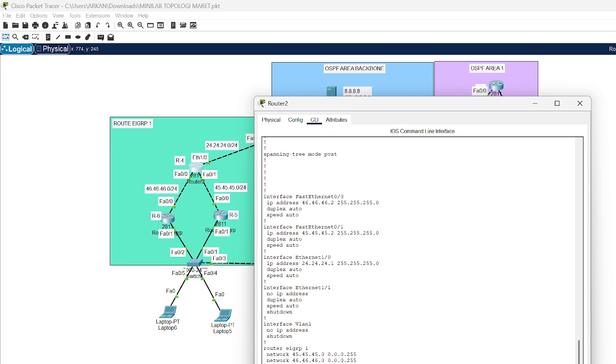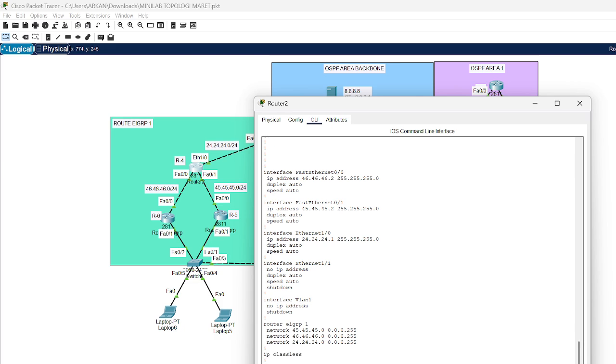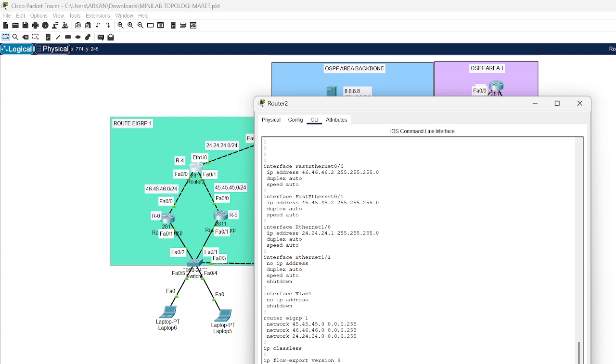Then I make a router EIGRP. Also the network is 3. Because why, in dynamic routing the router must enter the networks that the router has. If router 4 has 3 networks, in the configuration you enter the 3 networks. If you have 2 networks, give 2 networks. Yeah, in this router I have 3 networks: network 45, 46, 24.